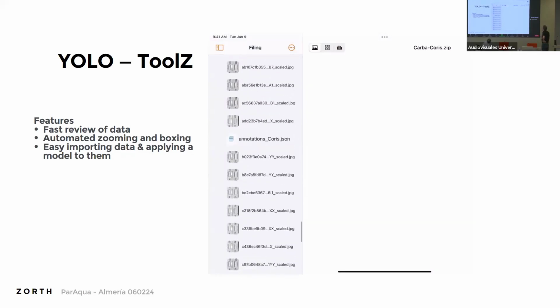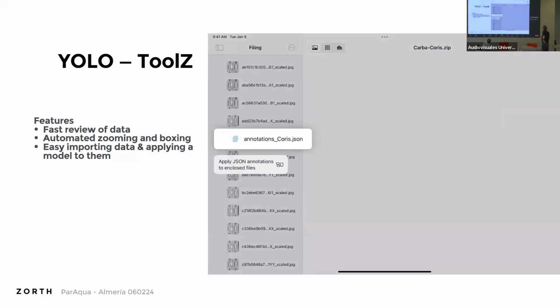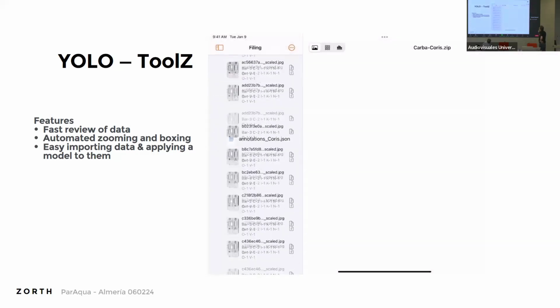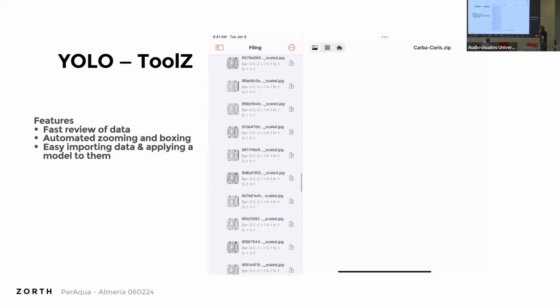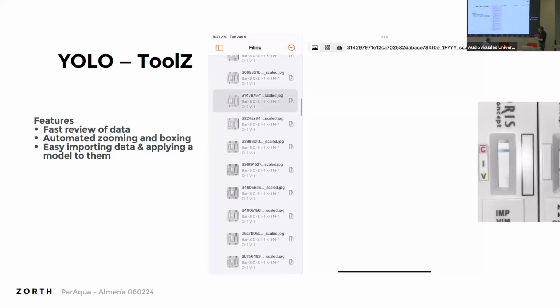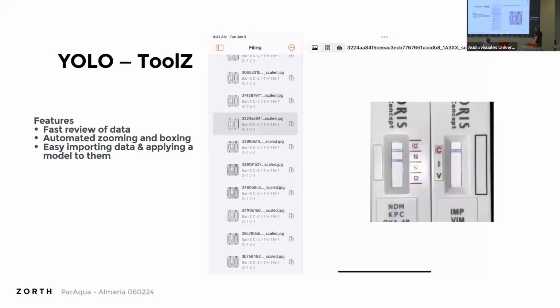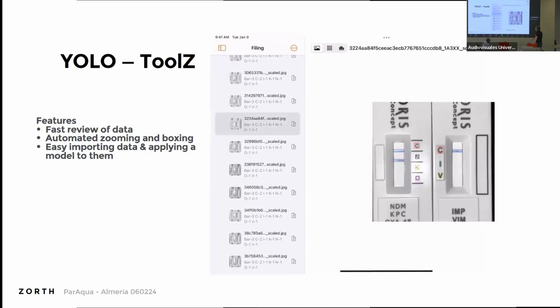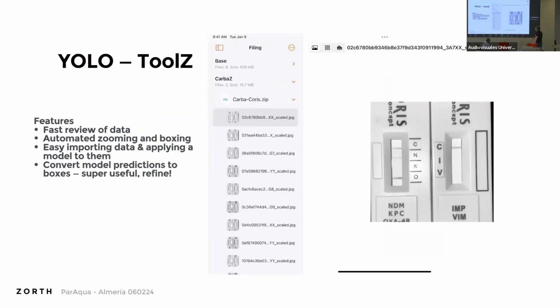And now I can apply all my annotations to my data. So that's the tricks that we play actually to import, export data outside of the system and get them formatted